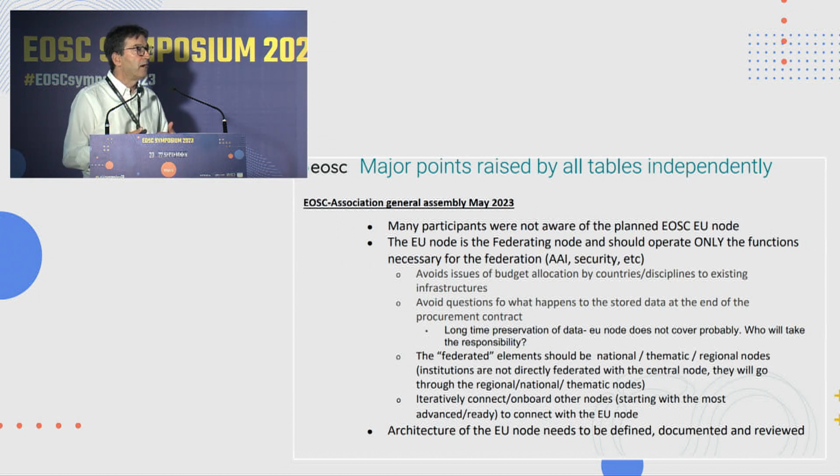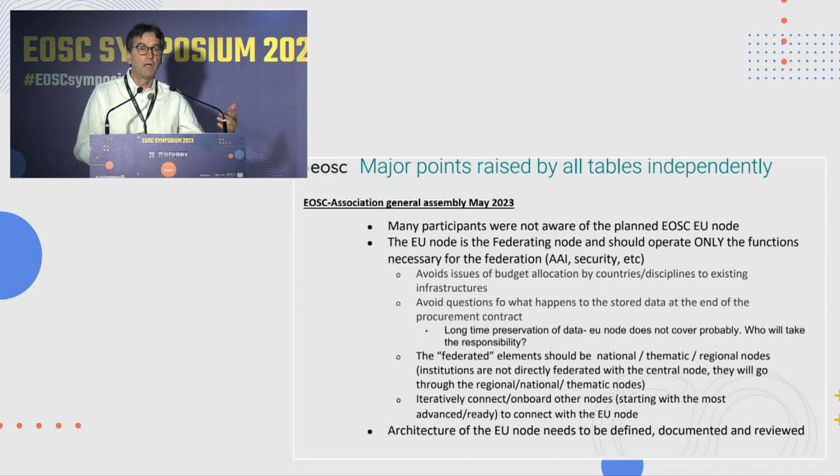They weren't aware of what the concept of the nodes would imply and what would come out of that procurement. And this is a summary slide that came out of the roundtable discussions, highlighting that, basically, as a community, we need to understand better what the concept of a node meant